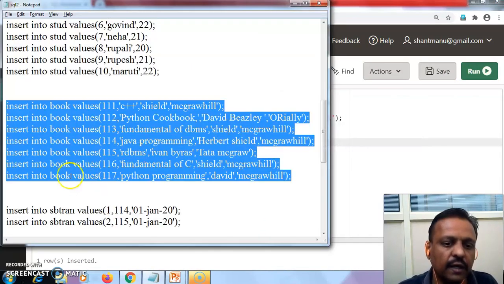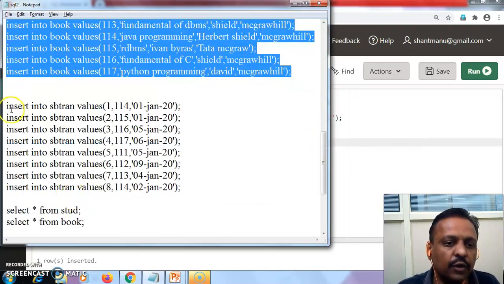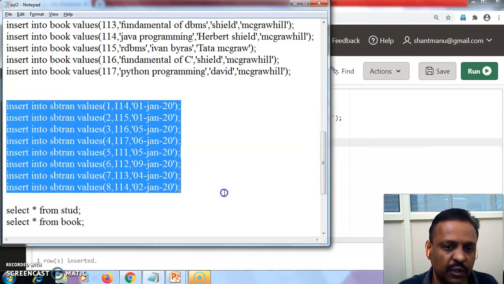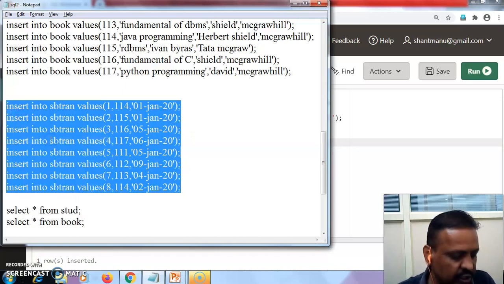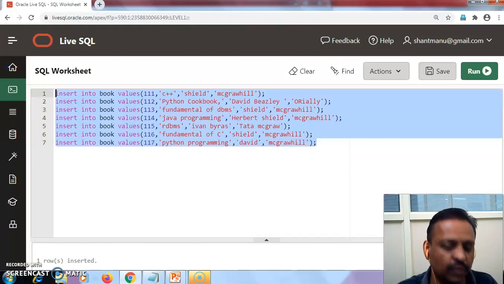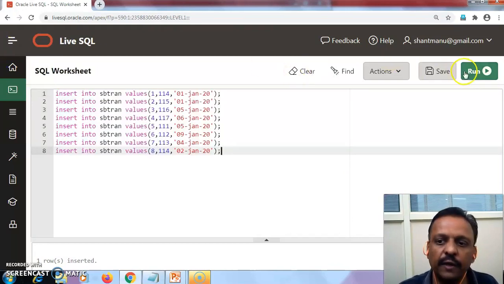Then the transactions between the books and students are inserted into SB tran. The first student with book 114 issued on 1st January 20. Then the second student got issued book 115 on 1st January 20. Like that, we have made some transactions.